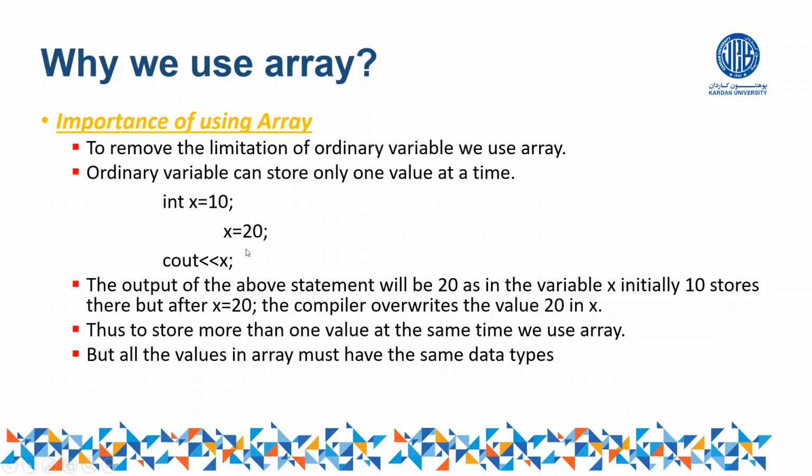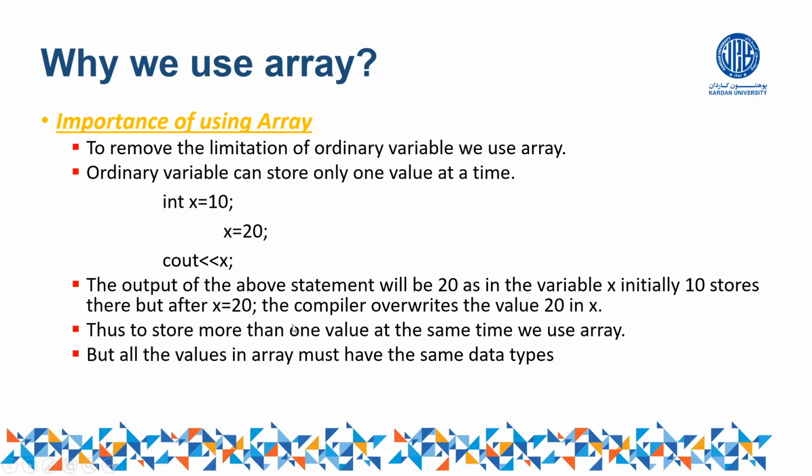Why? Because we have discussed that whenever we are using a variable, it basically changes its value. So in this case, if the initial value of x is 10, now after this statement, the previous value of x will be removed, and the new value, which is 20, will be stored in x. So the output of the above statement will be 20, as in the variable x. Initially 10 is stored there, but after x equals 20,